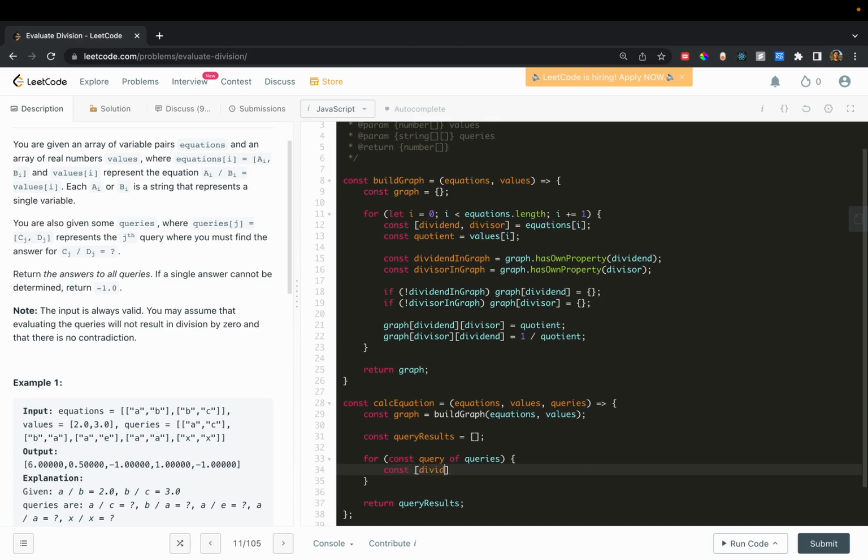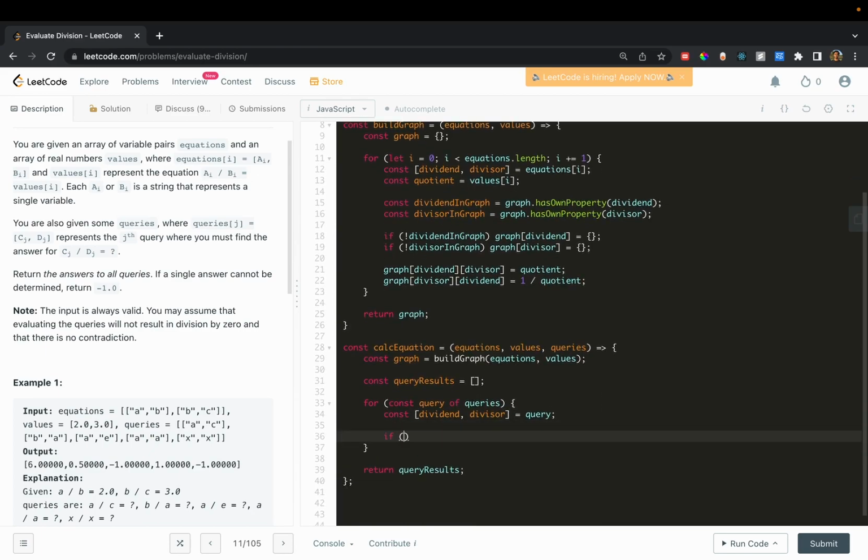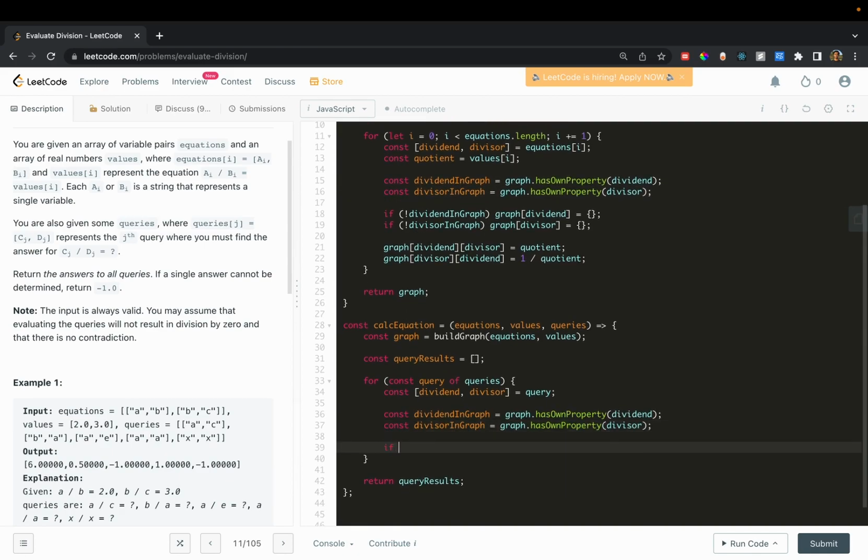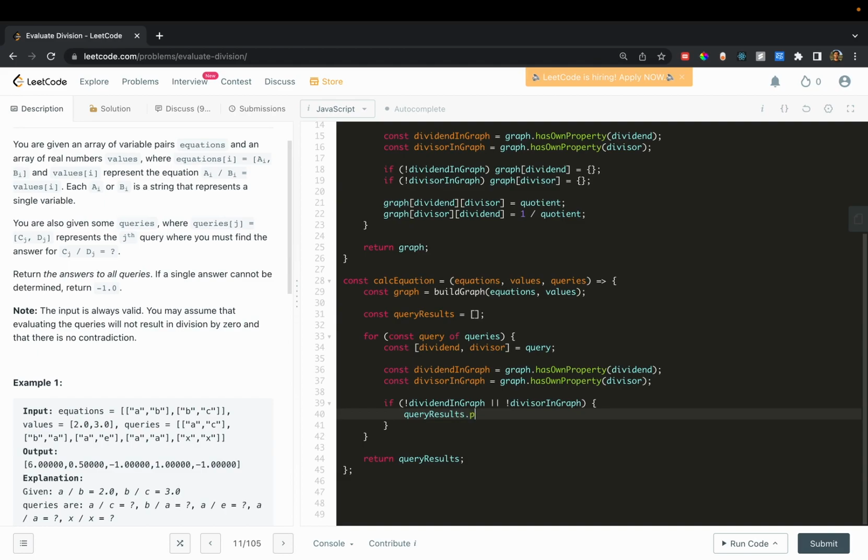Well, we're going to have a dividend and a divisor, which is our query. First thing we're going to say is if one of these is not in our graph, then we just should stop. Like if we have x, we cannot even compute anything. We don't know what x is. Actually, you know what? We can reuse these from here. So we'll say if dividend is not in the graph or divisor is not in the graph, then we can just push -1. We know that it's not even possible to make this combination, and we're going to continue on to the next